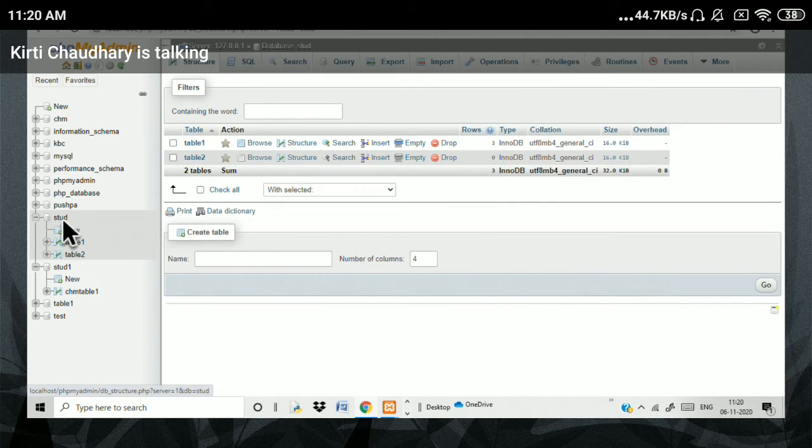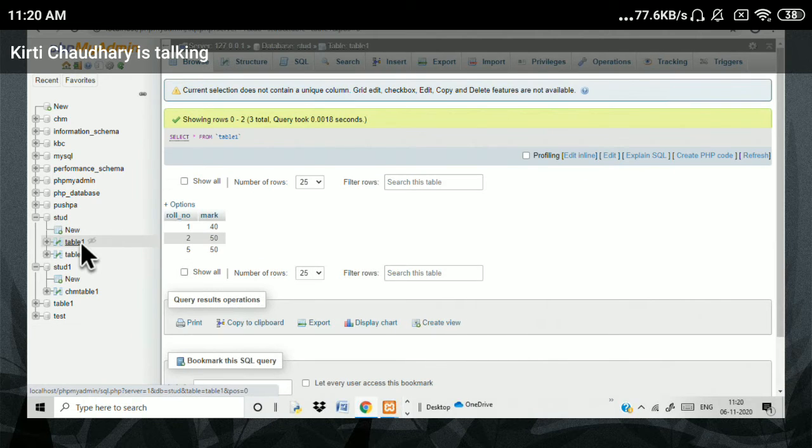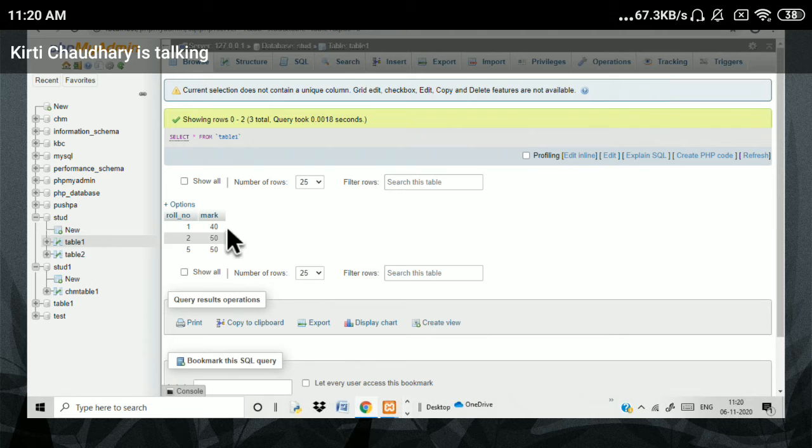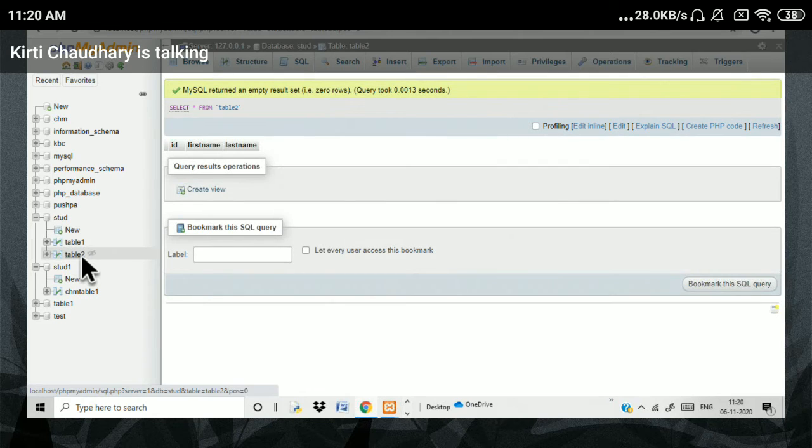Here is my database. It has two tables, table one and table two. Table one contains two fields, roll number and mark, and the second table contains